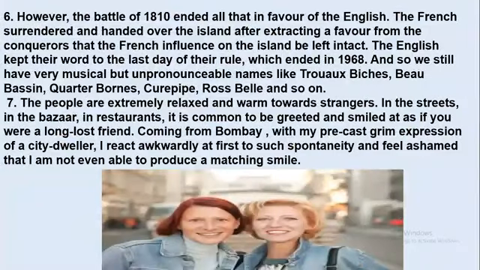Okay. Then he also says that, however, the Battle of 1810 ended all that in favor of the English. It means that in 1810, when the battle ended, it was in favor of the English. The English had won the battle, and it was their rule which was going on in the island. The French surrendered and handed over the island, but they extracted a favor from the English, the conquerors, that the French